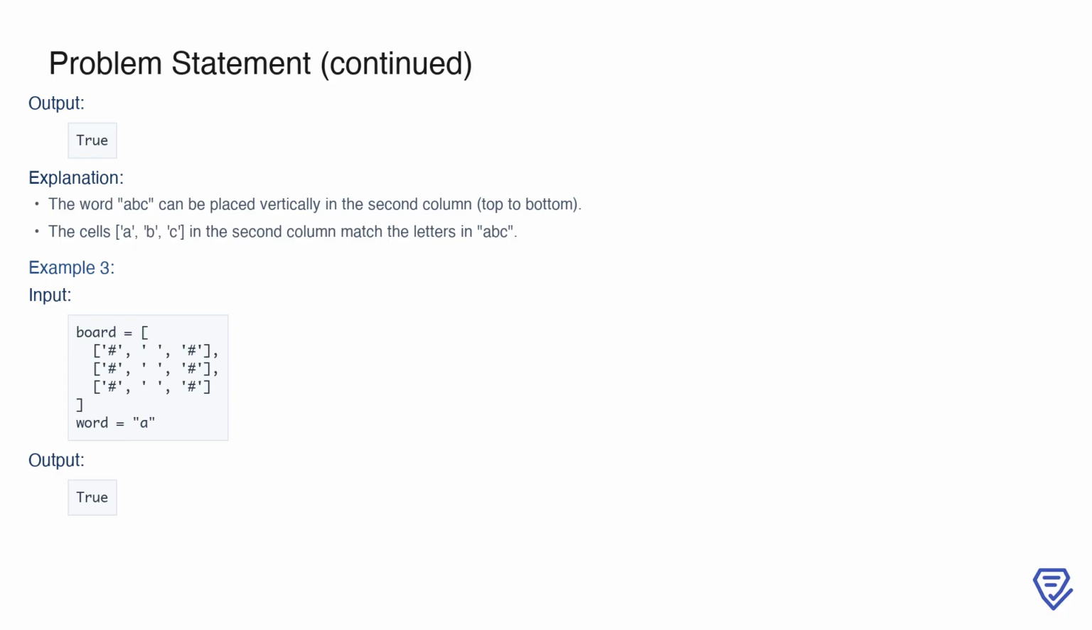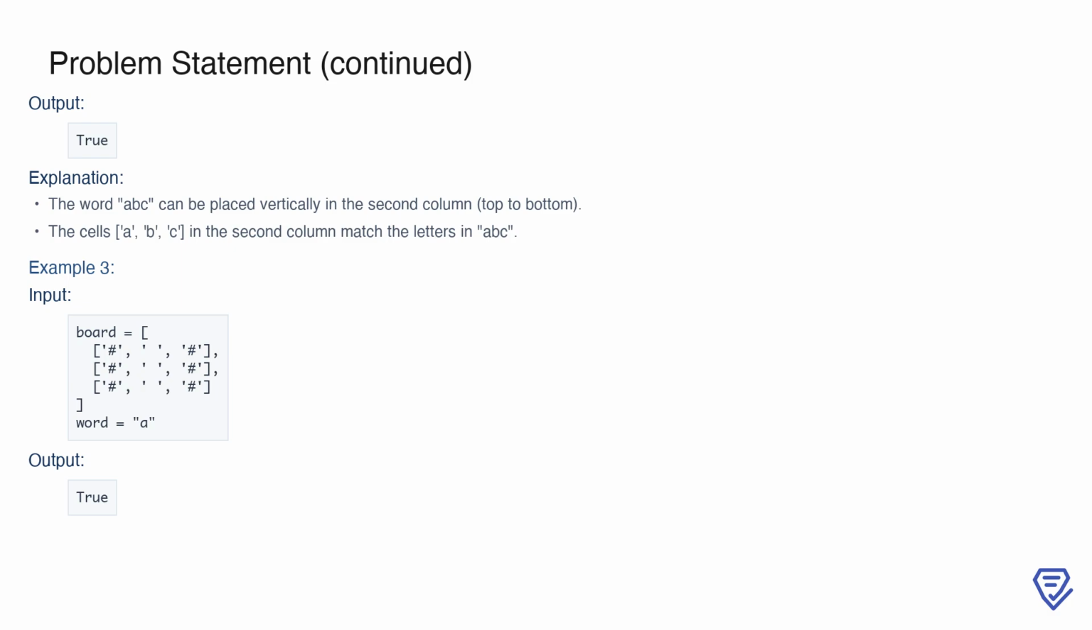Now, in another example, the board has a different configuration. Here, the board contains a mix of empty spaces, blocked cells, and some letters. The word to be placed is again ABC. This time, the output is true. The word ABC can fit vertically in the second column of the board, starting from the top. The cells in that column contain the letters A, B, and C, matching the word exactly. This demonstrates how the word can align with existing letters on the board, as long as the placement meets the